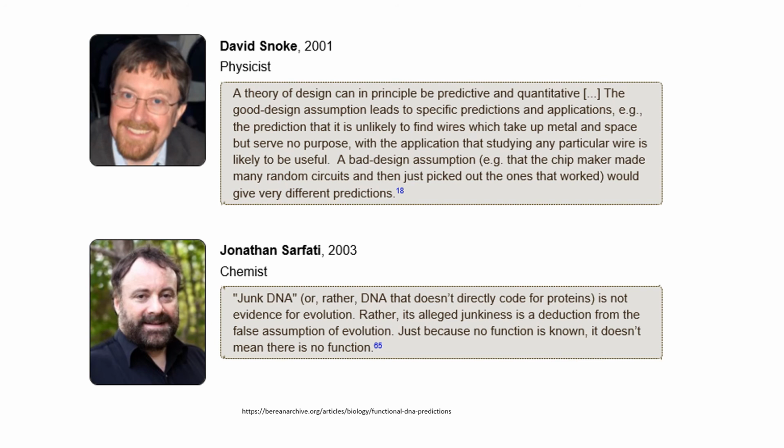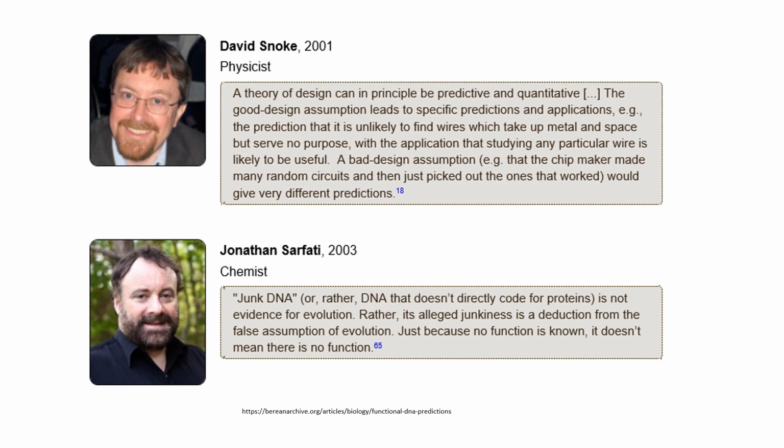And as we saw, the notion of junk DNA was a specific prediction of a random cobbling together of some sort of DNA that would work to allow life, but it shouldn't really be sophisticated and well designed because random processes don't in general do